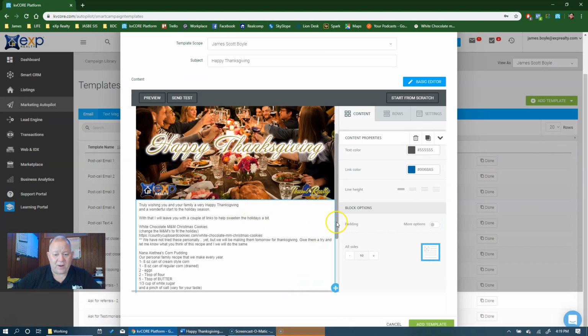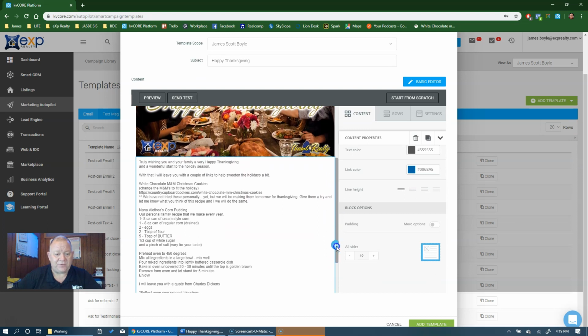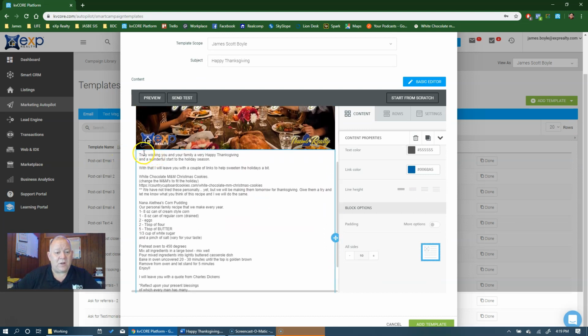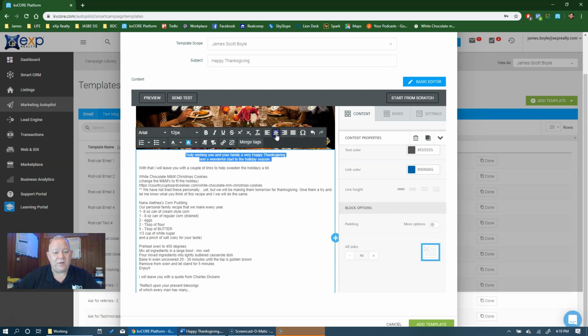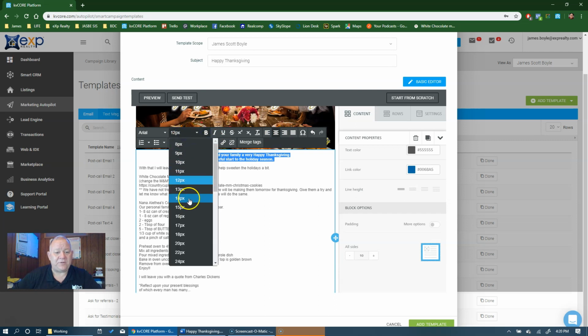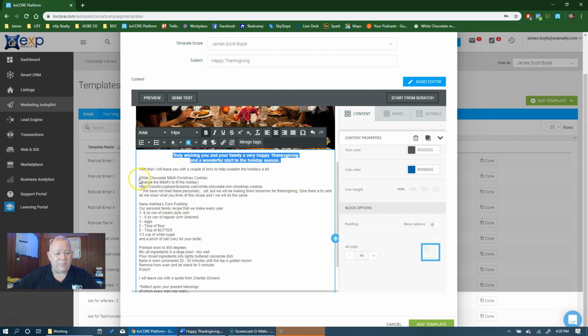Sometimes I have problems with the amount of stuff that I have running. So let's go here. Anyway, I am going to take this center piece. This is what I intended to do, right? Center it. I'm going to make it bold. I'm going to make it 14 pixels high. All right. And then I want to make this